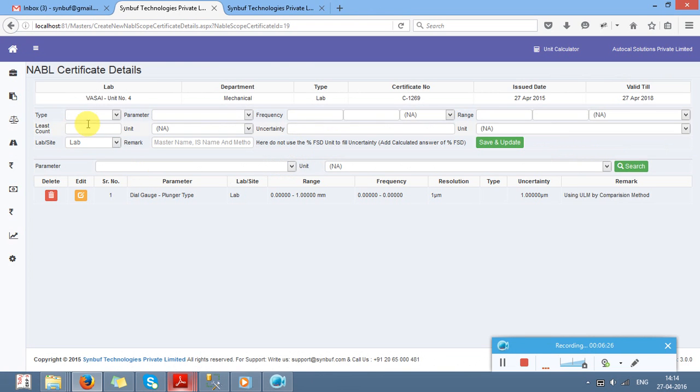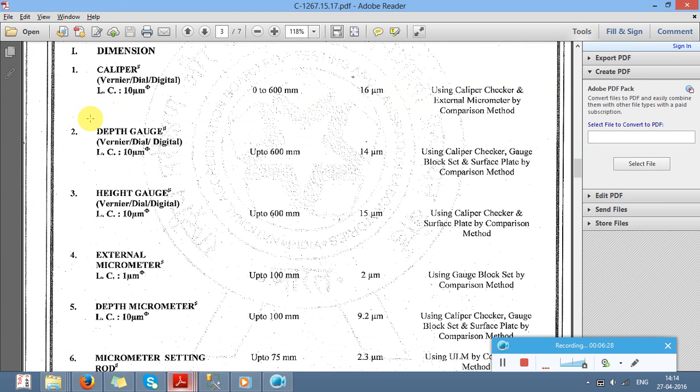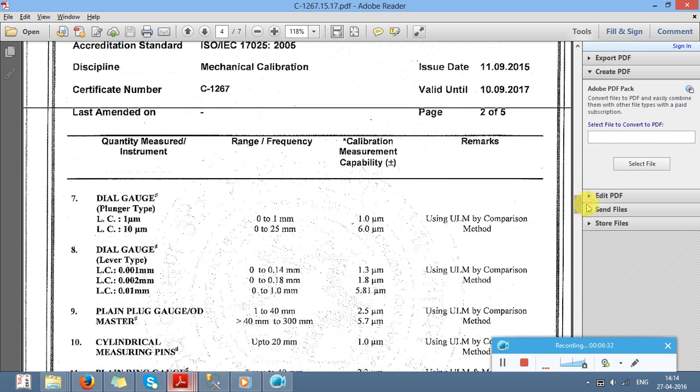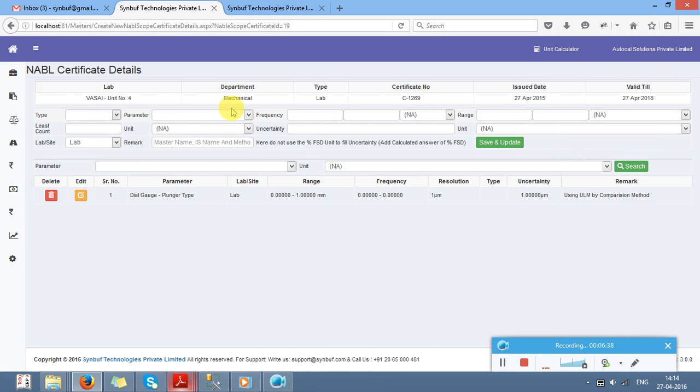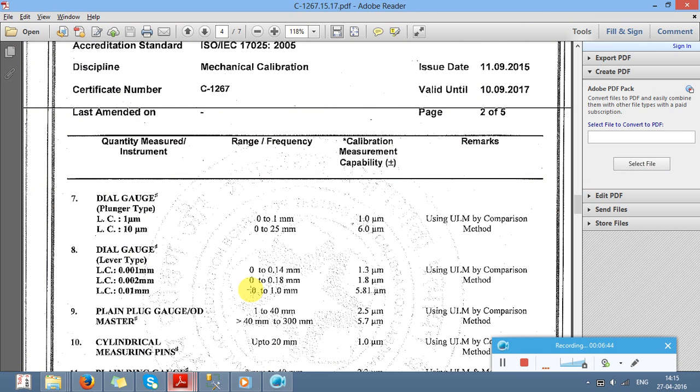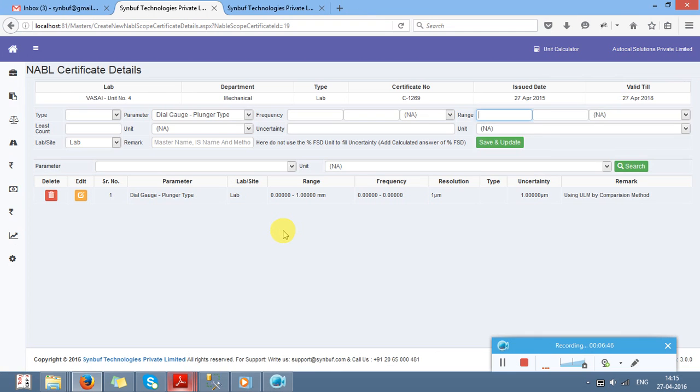There is a least count. If multiple least counts are given, now dial type, just hold on. Yeah, one more least count is 10 micron. So what I will do, I will go here, again I will select the same parameter, then I will leave the frequency blank, then I will select the range 0 to 25 mm,